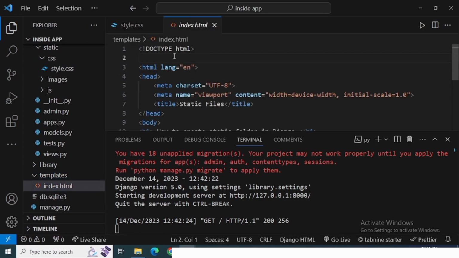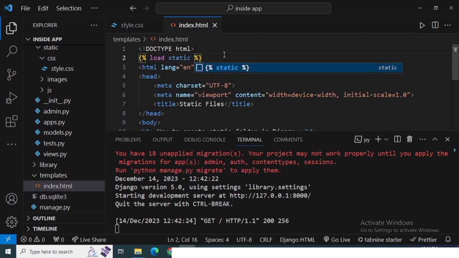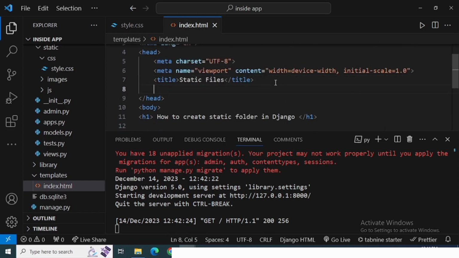Remember to load the static, otherwise it will give you the error. I have already shown you what errors you will get. You have to link with the help of the link tag, and then rel is equal to stylesheet, and whichever method you want you can follow. Href is equal to, we will use a Jinja tag over here,